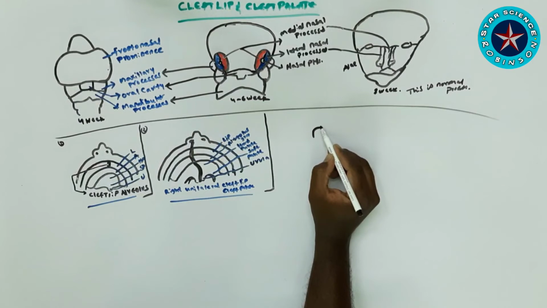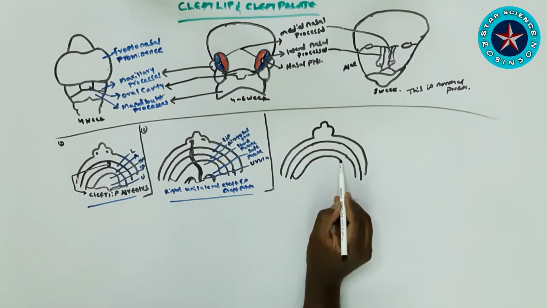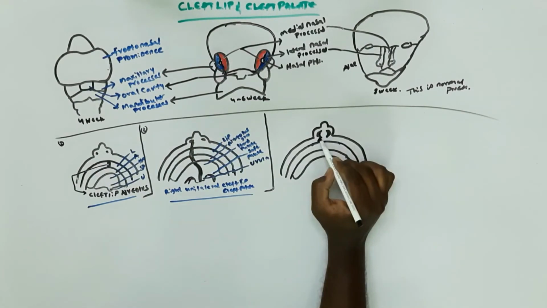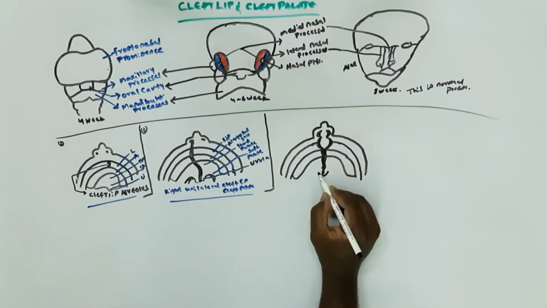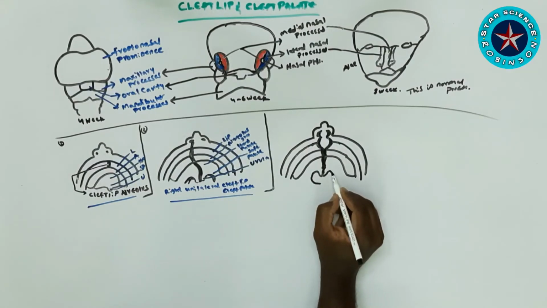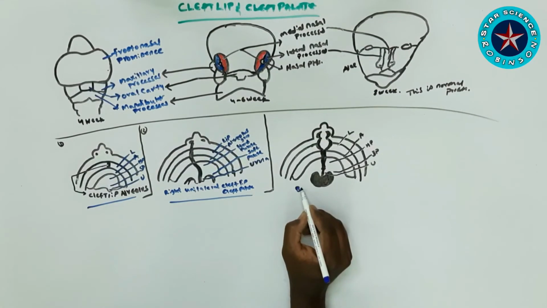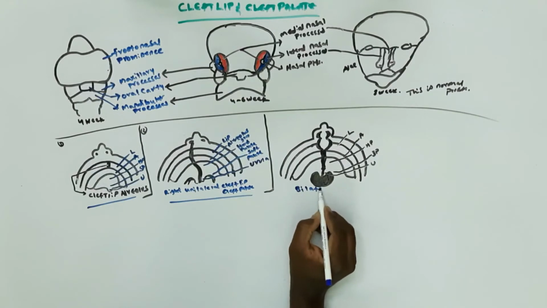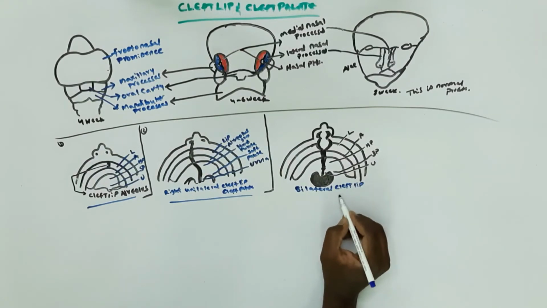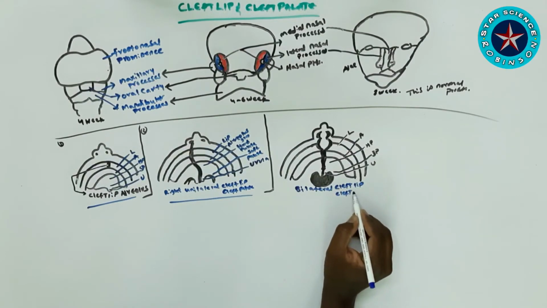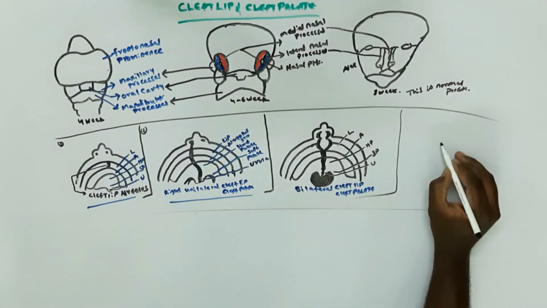That is the second type, and we will see the next type. We'll draw first; next we have bilateral cleft lip and cleft palate. Bilateral itself means that on both sides of the nostrils there will be a gap in the lip and, at the same time, in the palate. That is what we are seeing in this diagram. We can just imagine that when it is unilateral it is only one side, and when it is bilateral it is both sides.